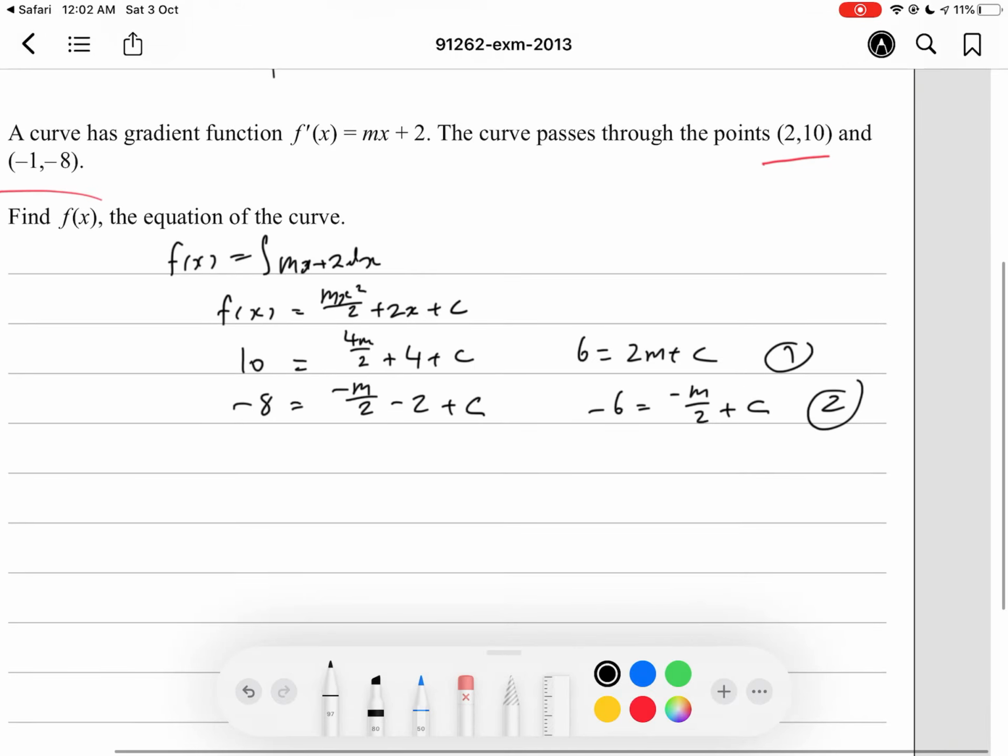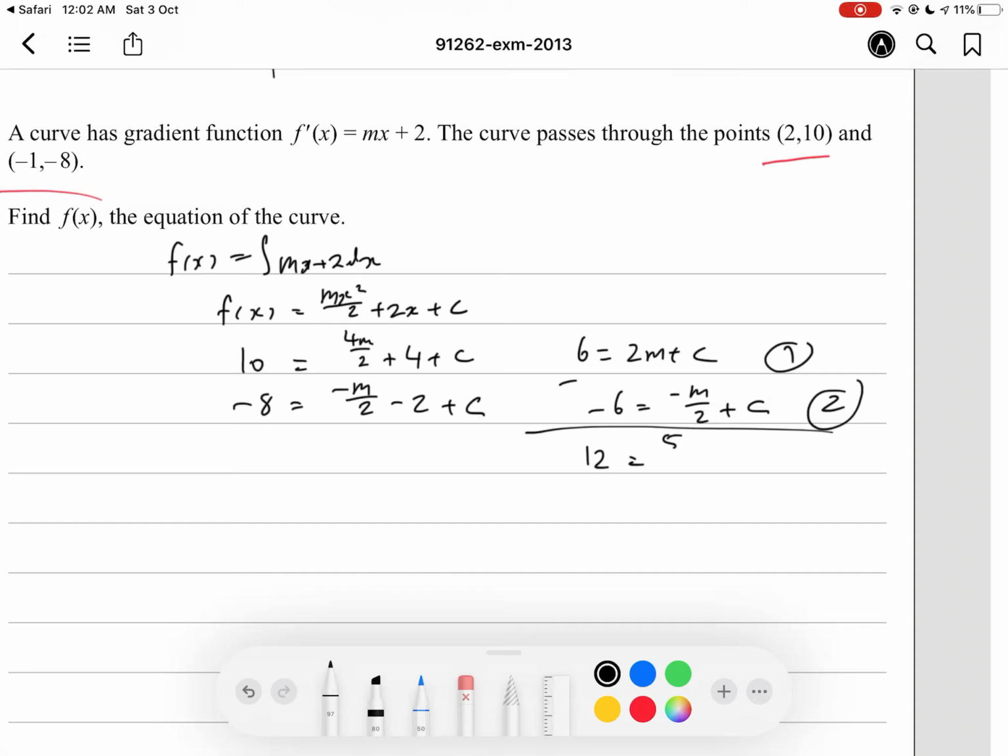Now if we subtract these equations, 6 minus negative 6 is 12. 2m minus m over 2 is 5m over 2. c minus c is 0. So 12 equals 5m over 2. 12 divided by 5 over 2. So therefore,